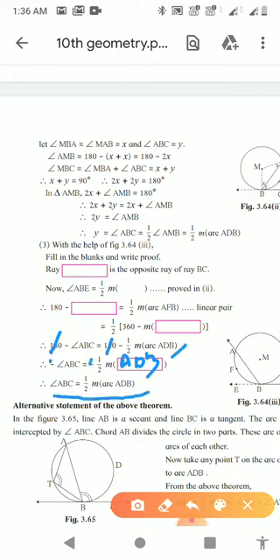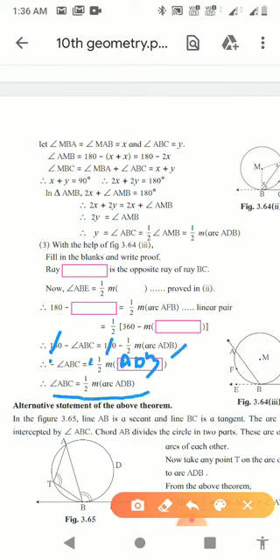So with these three cases, case 1, case 2 and case 3, we will have the same proof, that is known as theorem of angle between tangent and secant, isn't it? So this is tangent and these two are the secant, this is also secant and this is also secant. Okay, I hope you will understand. Though it is lengthy, it is easy for us. Okay, now we will see next, that is converse of theorem of the angle between tangent and secant, or we can say converse of this theorem.